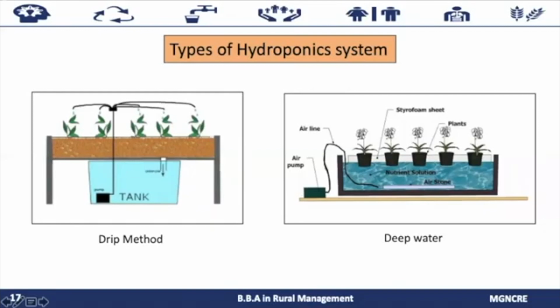Now coming to the last one, deep water. This is the hydroponic method of plant production by suspending the plant roots in a solution of nutrient-rich oxygenated water. This is a traditional method, favoring the use of plastic buckets and large containers, with the plant contained in a net pot suspended from the center of the lid and the roots suspended in the nutrient solution. This solution is oxygen saturated by an air pump combined with porous stones. In this method, the plants grow much faster because of the higher amount of oxygen that the roots receive.